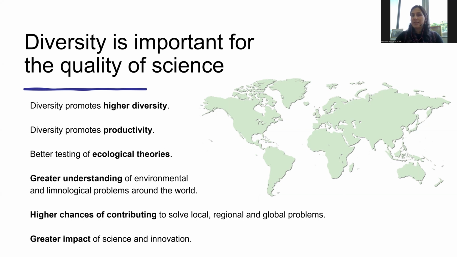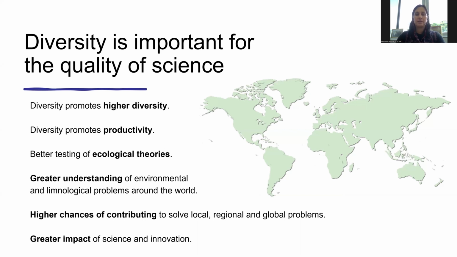And that gives us higher chances of contributing to solve problems at the local, regional, and global levels. So overall, we do believe that having a higher diversity of researchers producing science does result in a greater impact